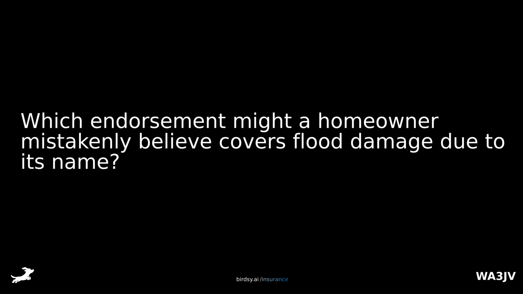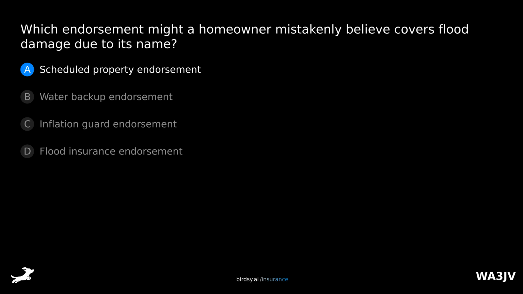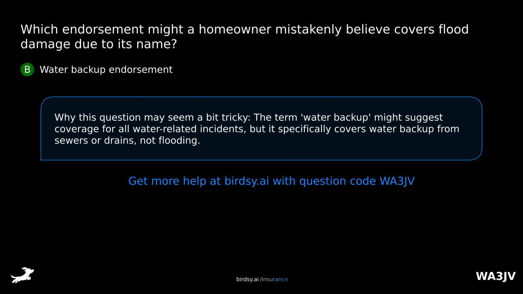Which endorsement might a homeowner mistakenly believe covers flood damage due to its name? Is it A, scheduled property endorsement, B, water backup endorsement, C, inflation guard endorsement, or D, flood insurance endorsement? The answer is B, water backup endorsement. Why this question may seem a bit tricky. The term water backup might suggest coverage for all water-related incidents, but it specifically covers water backup from sewers or